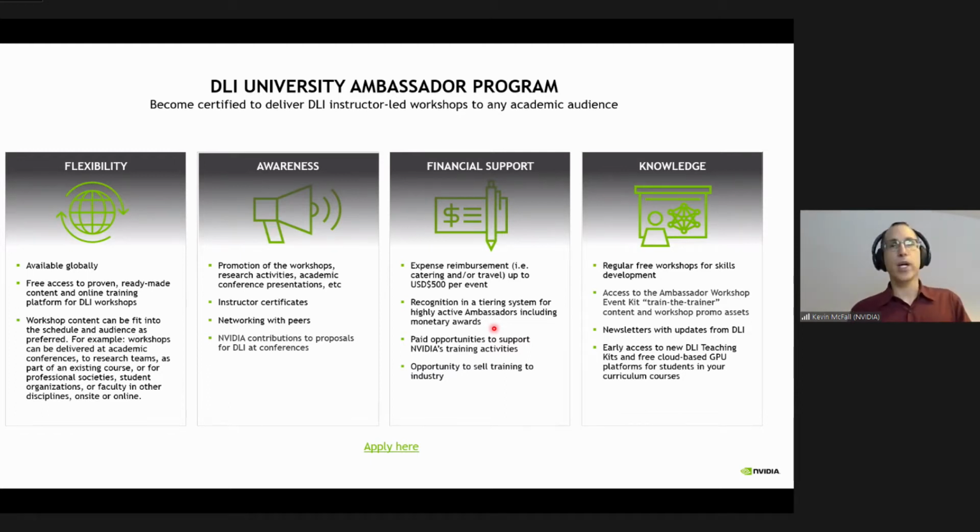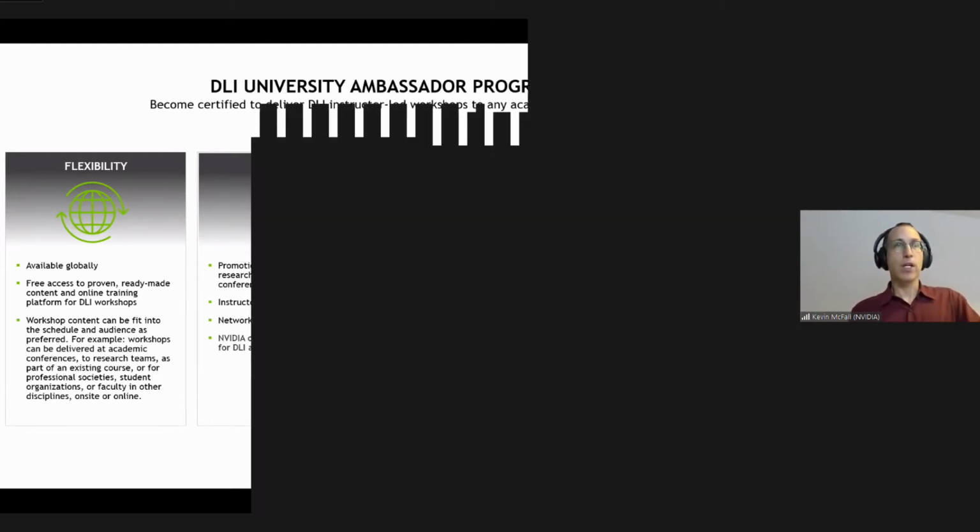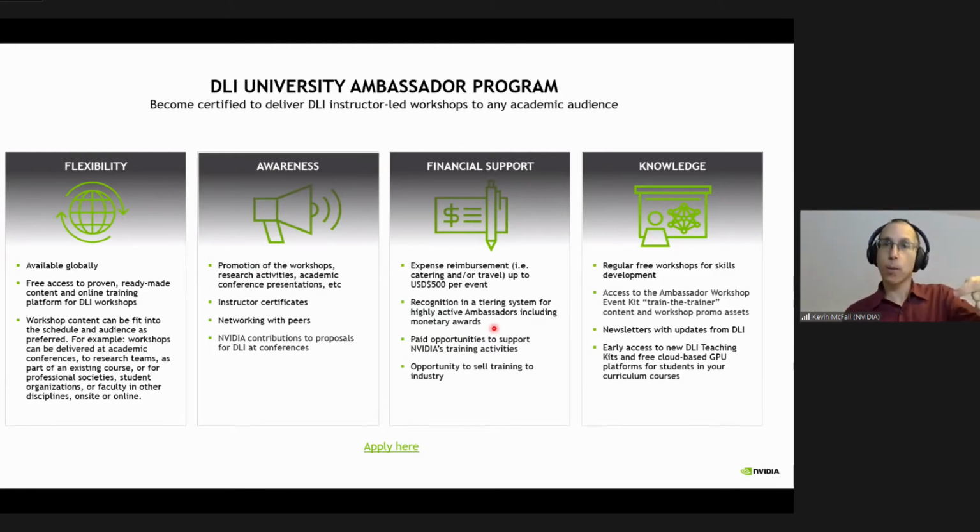Once you're certified in these workshops, then you can teach them to a paying audience where the industry would pay. There's a flat fee to NVIDIA to deliver the workshop, and then whatever you make above that, you get to keep.